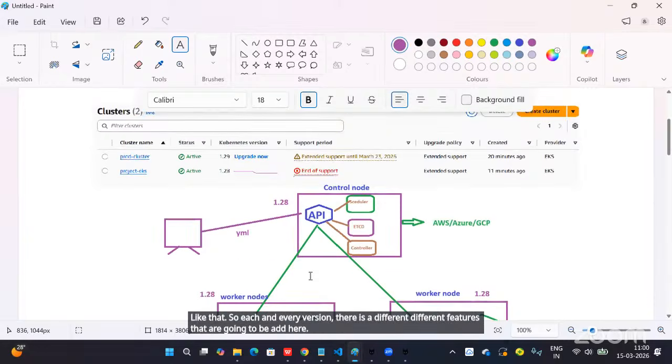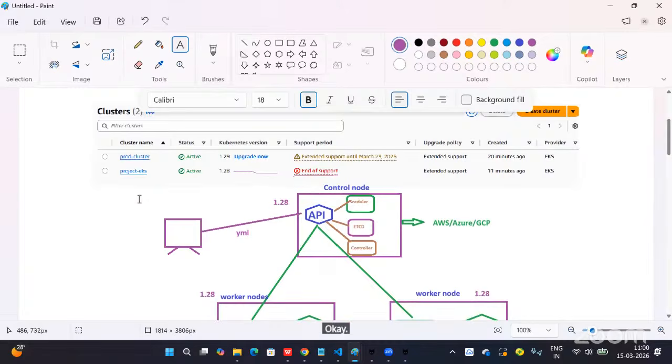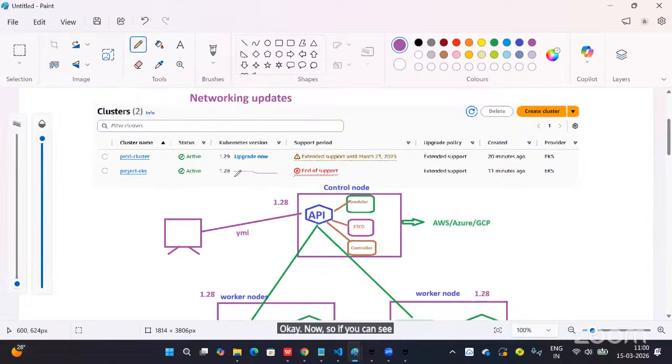Okay. Now, if you can see 1.28 and 1.29, guess 1.29, you can see March 23. So they have extended support till March 23. After March 23, they will not do any patching.